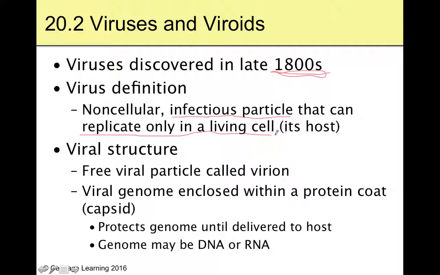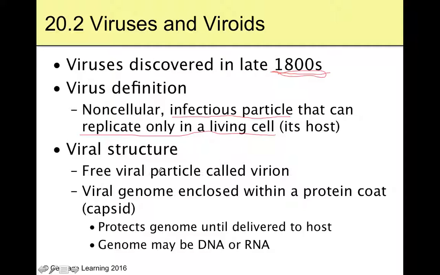They absolutely need a cell because they need the nucleus, or they need polymerase, RNA polymerase, DNA polymerase. They need something. They need vesicles. They need things, machinery, and they don't have that on their own. So they just take over someone else's machinery, and they can do that for bacteria. They can do that for a human. And really anything in between. Plants, whatever. They can parasitize essentially anything.